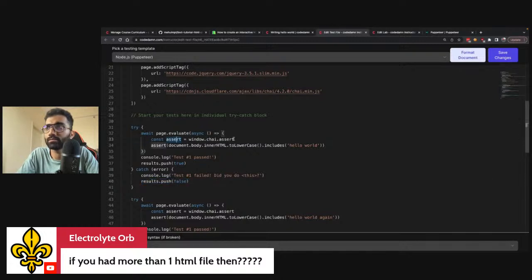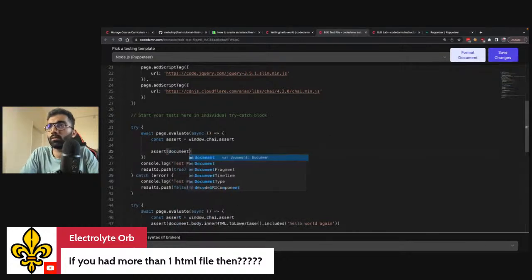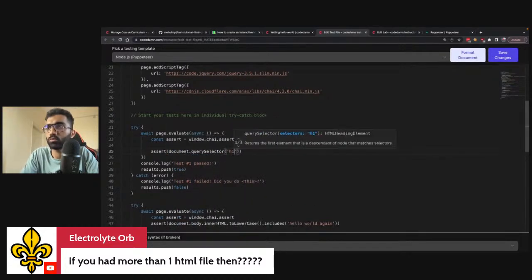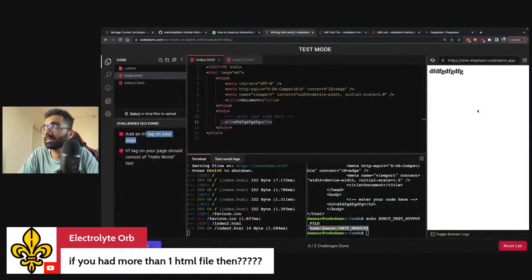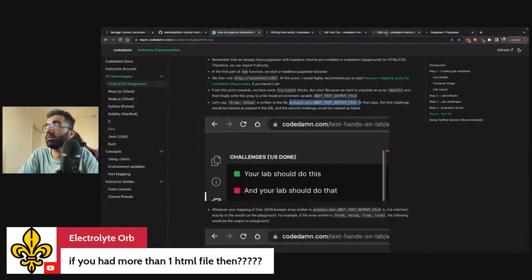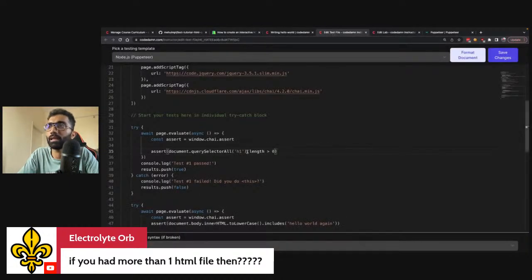So what I'm saying is assert document.querySelector h1, or querySelectorAll, whatever you want, .length is greater than 0. Why? Because our first test says, hey, create an h1 tag on your page. And a test for that could be that I get all the h1 tags on the page and I say this array length should be greater than 0. And if that is the case, then test 1 passed, otherwise test 1 failed.